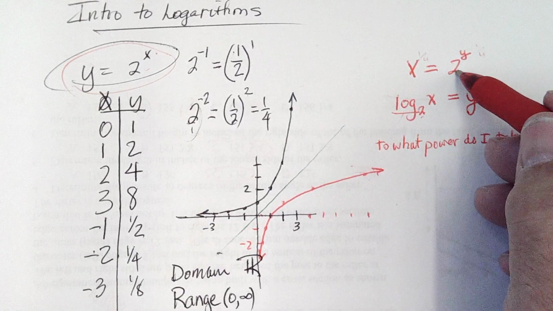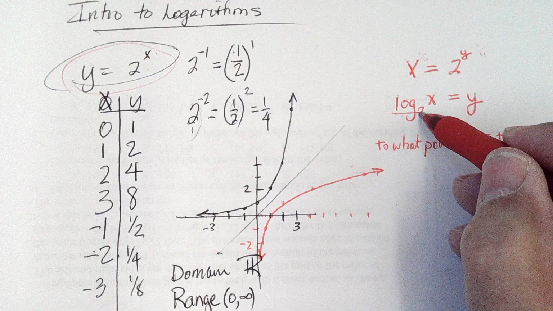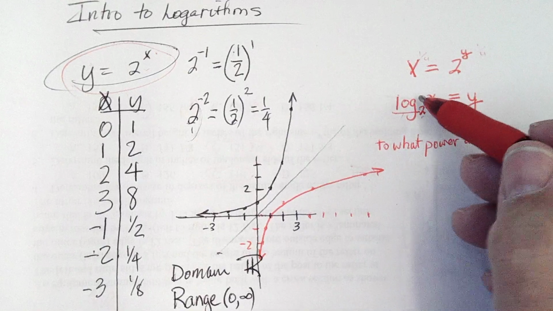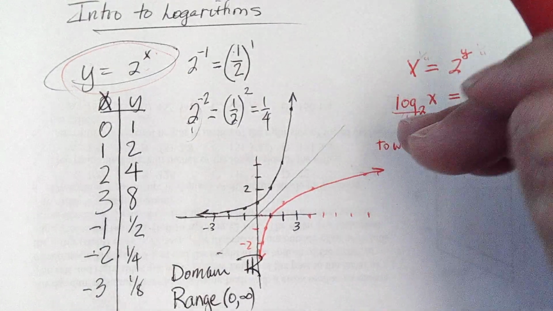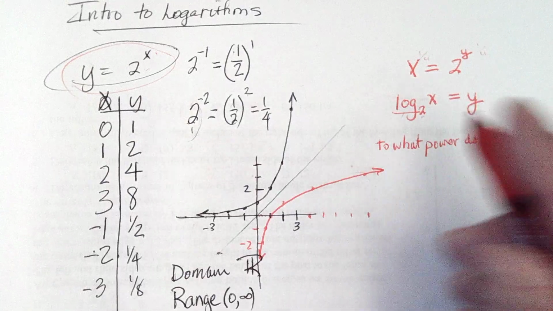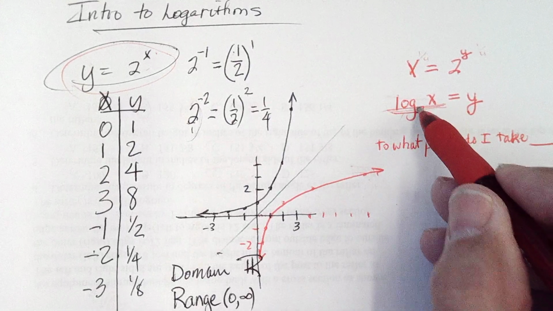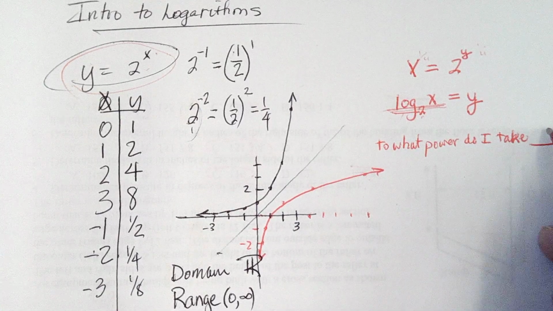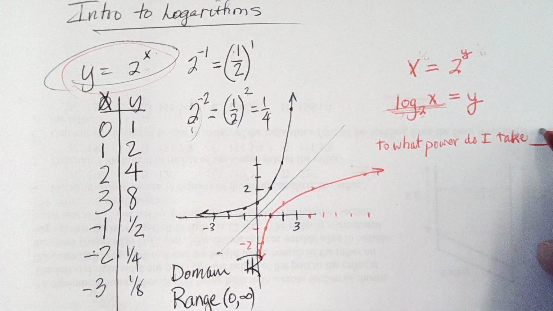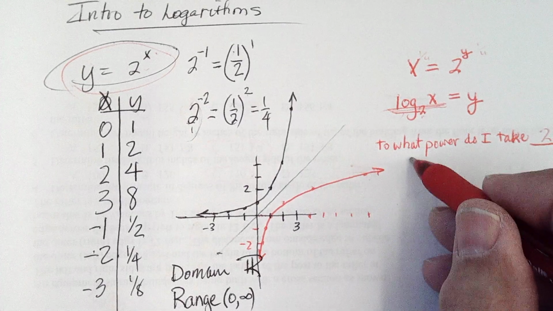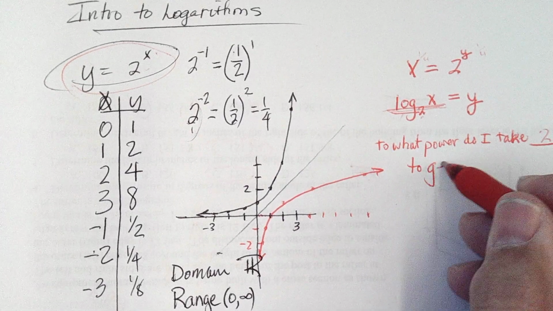Now this is called the base of an exponential. This is called the base of a logarithm. It's log subscripted, written down lower than the regular line. Here's the line of the writing, and this is subscripted. Do I take 2 in this case to get